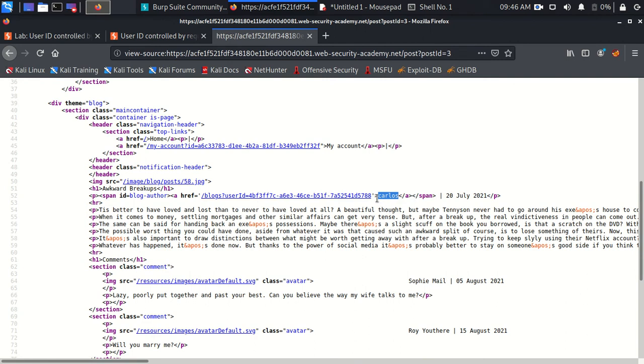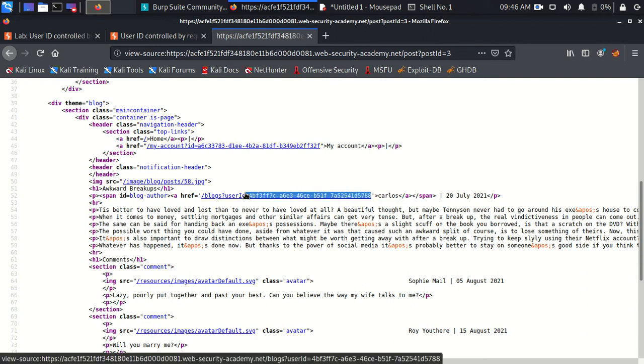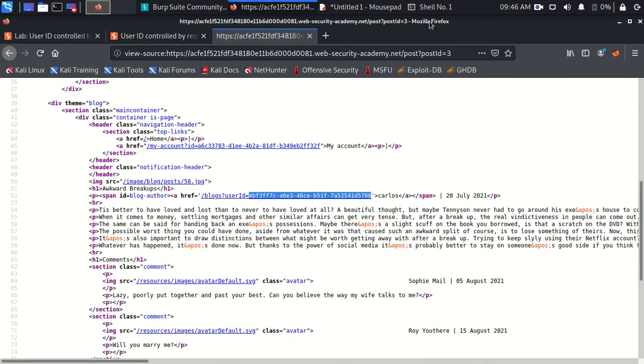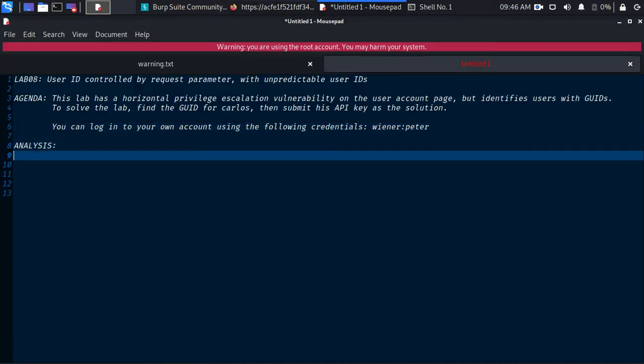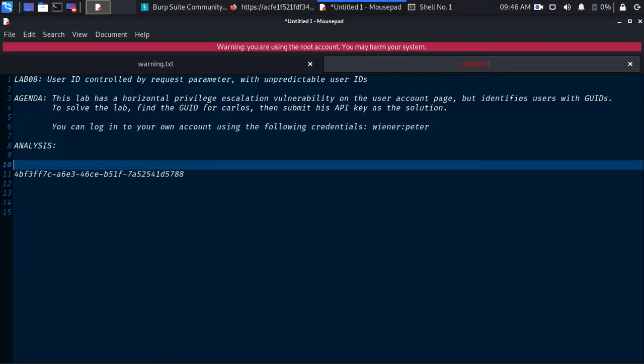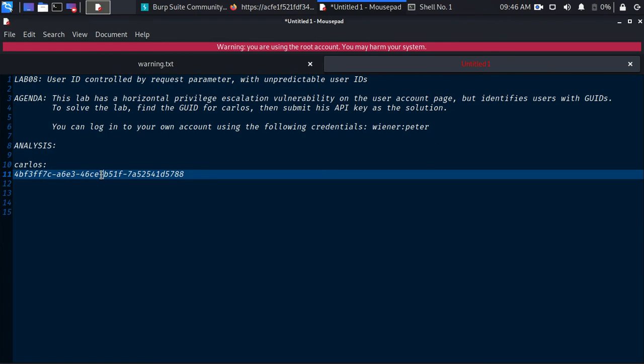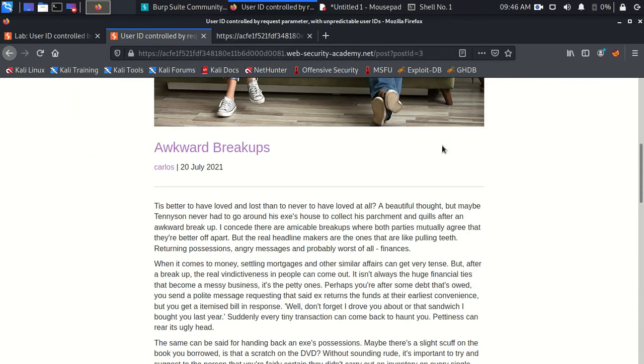Okay, so I can copy this key, and paste it here for the user Carlos. We can easily just copy this value and paste it into the web browser.